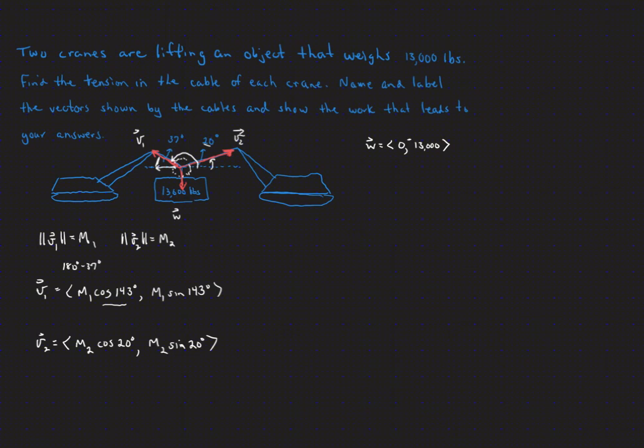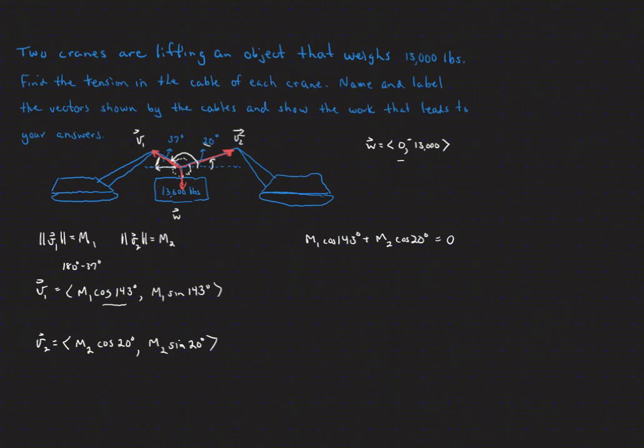So the horizontal components are going to be vector V1, which is M1 cosine of 143 degrees, plus the horizontal component from vector V2, which is going to be M2 cosine of 20 degrees, and then plus the horizontal component of our W vector, which is just 0, is going to equal 0. So there's one equation. We're going to do the same thing now with